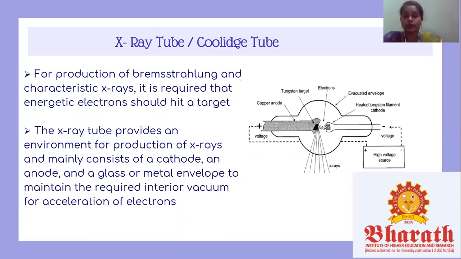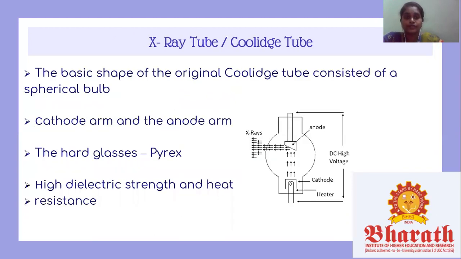What before had required a stable of cold cathode tubes. So as a bonus, the Coolidge tube could function almost indefinitely unless broken or badly abused. So now coming to the shape of the Coolidge tube. The basic shape of the original Coolidge tube consists of a spherical bulb with two cylindrical arms extending out on